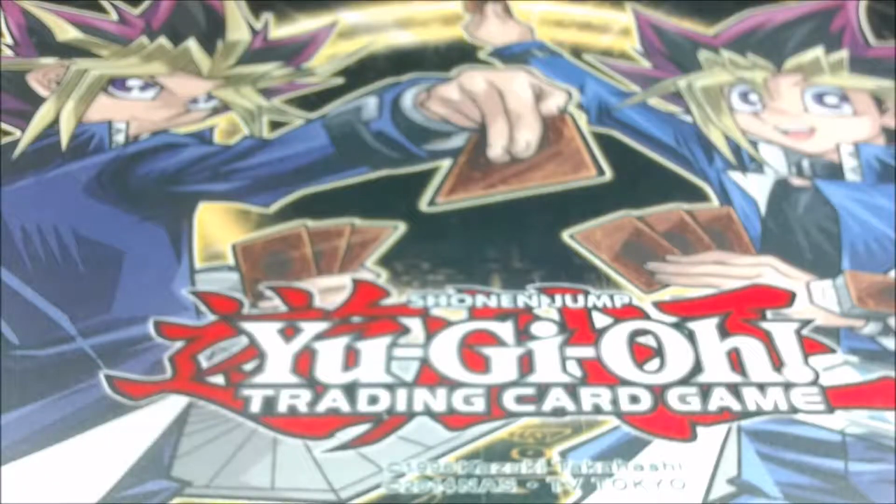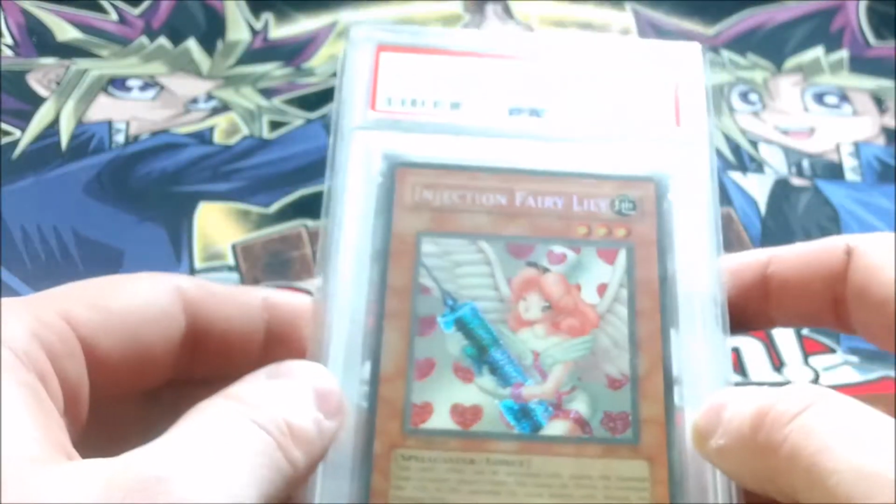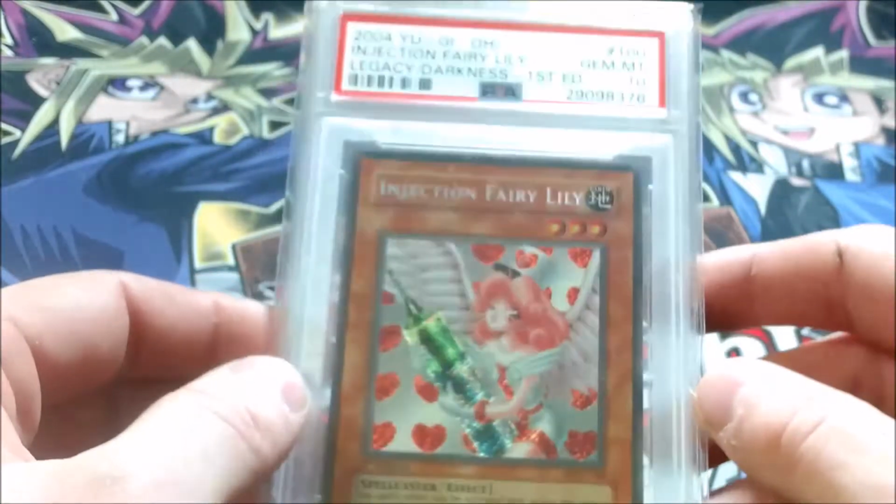So when it comes to the prices of cards within the collecting community, I typically just watch and let things happen. Within collecting communities, I mean sports cards, anything that's really kind of a free market, prices tend to just stabilize themselves and work themselves out. But for this card right here, the first edition LOD Injection Fairy Lily PSA 10, I kind of felt that